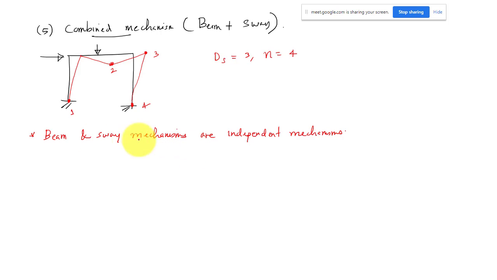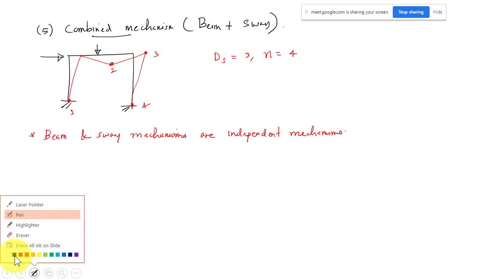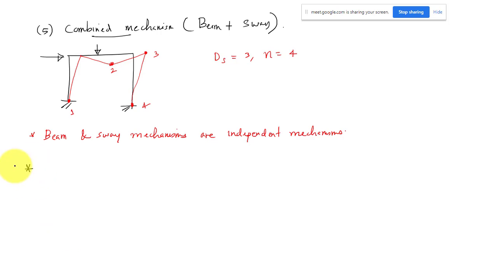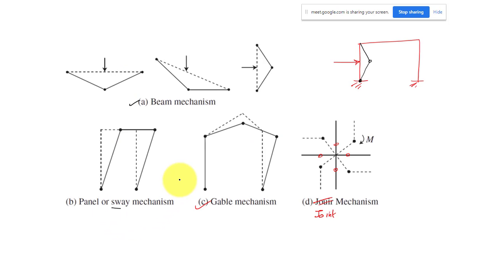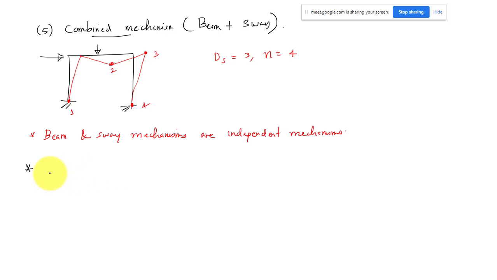So you can combine these two independent mechanisms to form the combined mechanism. Okay, and one more point is there that's also used to ask. So all this will demonstrate. Okay, in the numerical example, I will take everything and I will explain there also. Okay, and another point is the number of